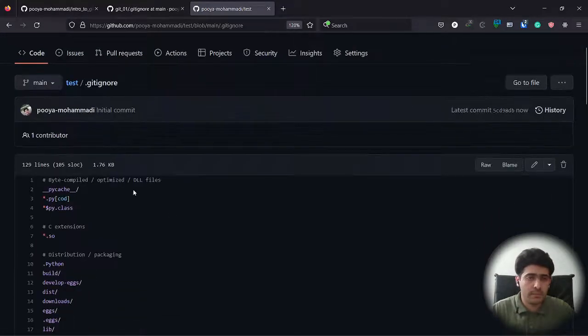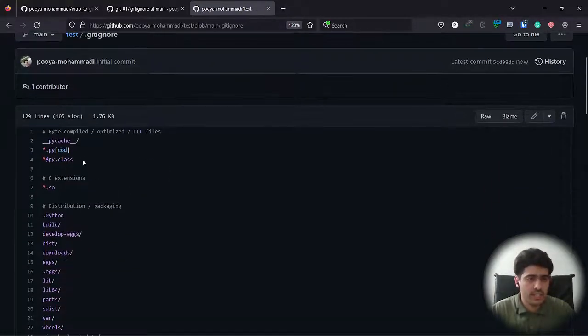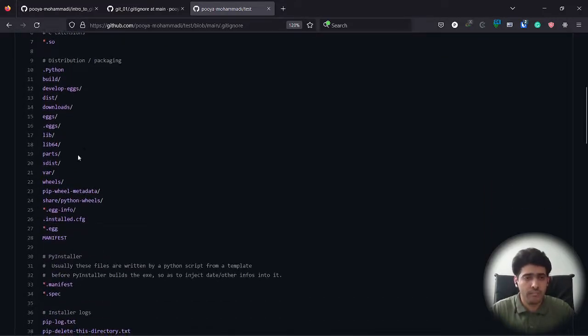And as you can see, let me zoom in a little bit. As you can see, there are lots of items here, like for example, the first one is __pycache__. If you're using Python, you know that when you run your code, there are some files created by this name, underline pycache, and a lot of directories and folders that GitHub thinks it's better not to add to the GitHub repository because they are system specific for Python, and